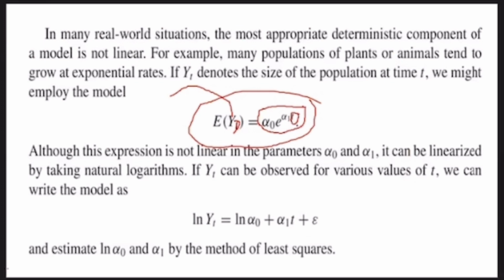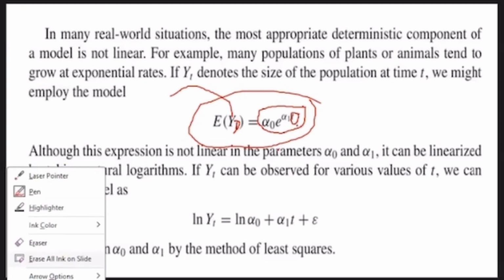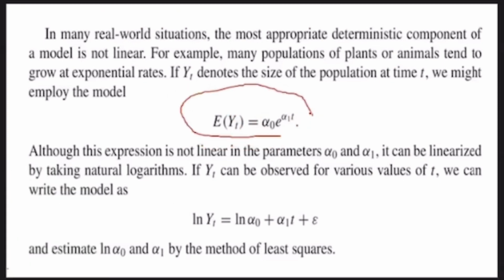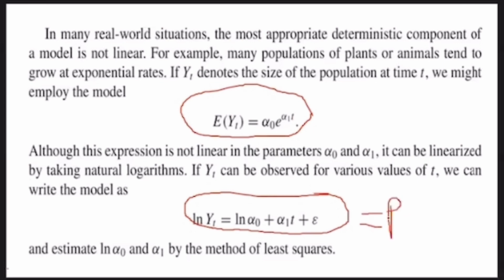So now the moment you have this here, the very first thing that will come to mind is this is a non-linear specification. All I need to do is to take the log of both sides. The log of both sides is going to give me this. When I take the log of both sides, look at what I'm having now. If I equate this to what we normally have, what you learn in this class is beta naught plus beta 1 x,